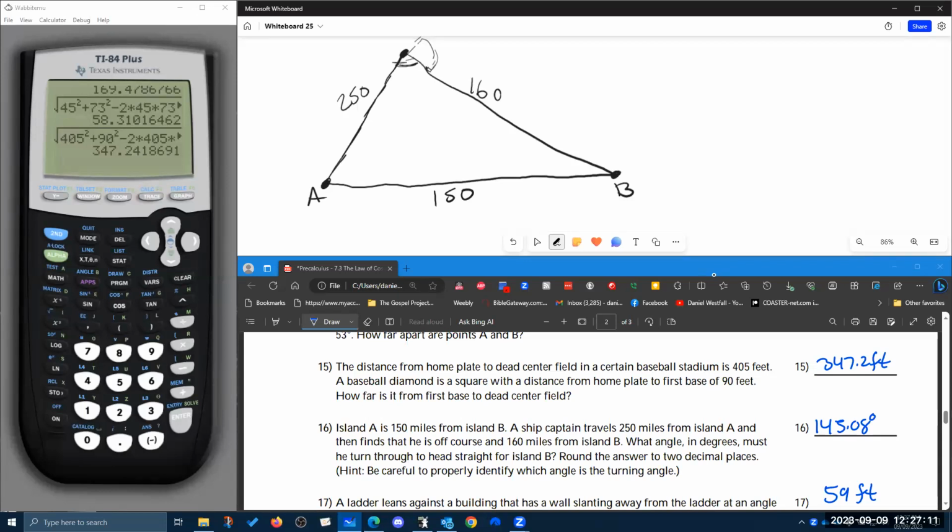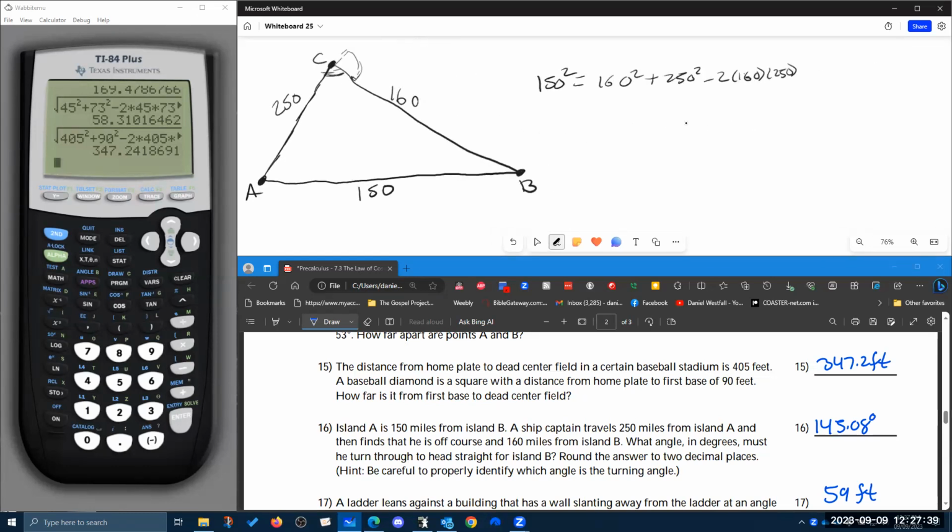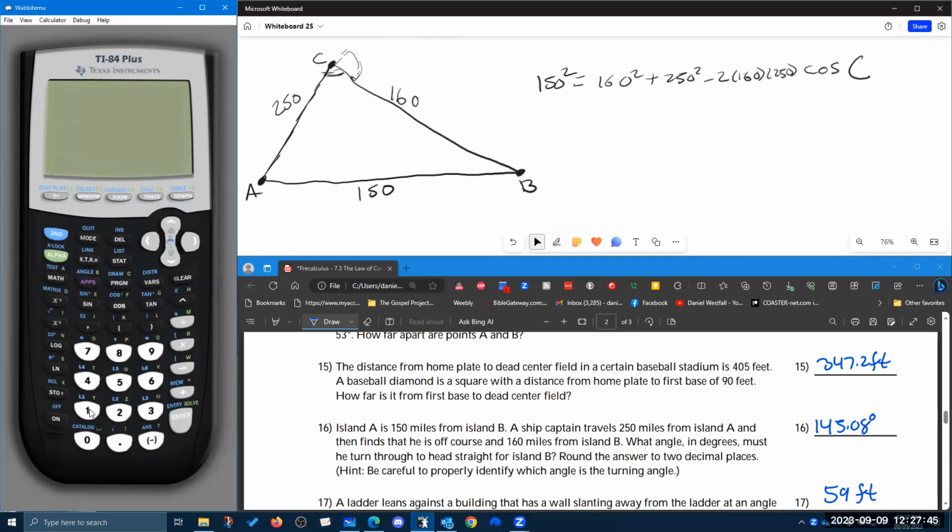But let's get angle C. So C squared is equal to A squared plus B squared minus 2AB cosine of C. So 150 squared minus 160 squared minus 250 squared,